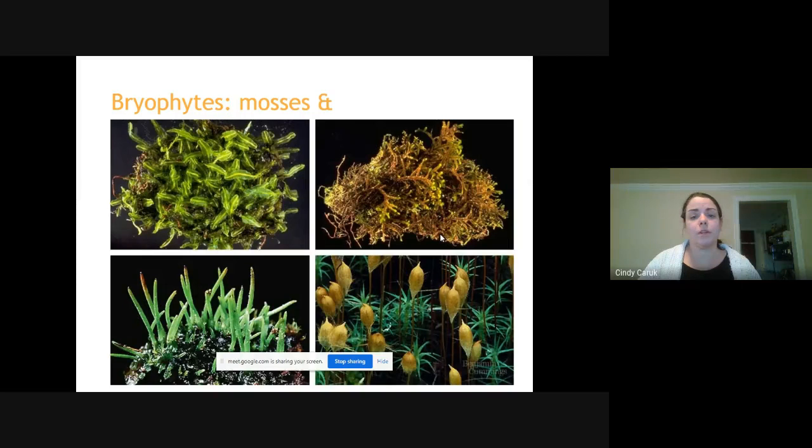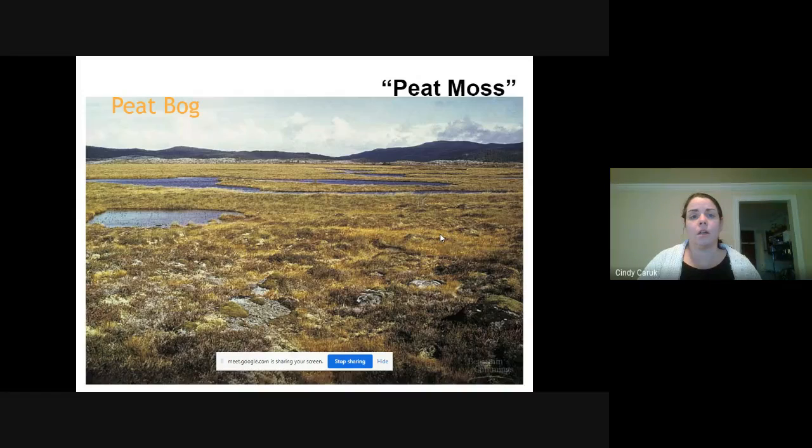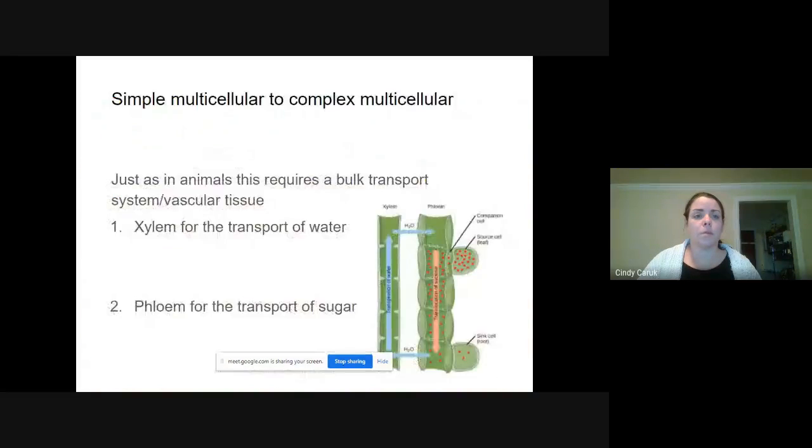Okay, and here's some different examples. Peat moss is an example as well, the peat bogs. And the next